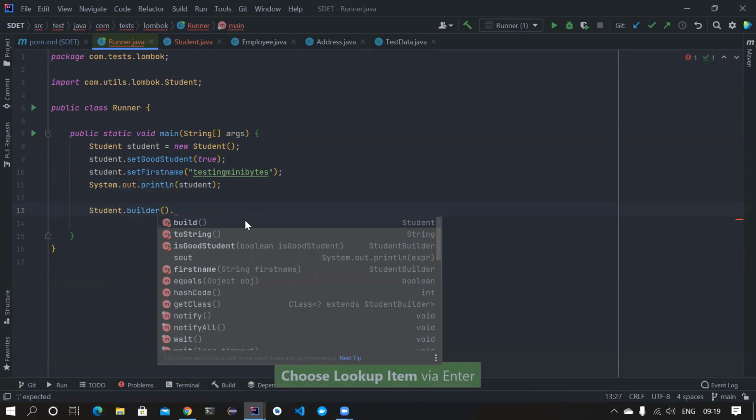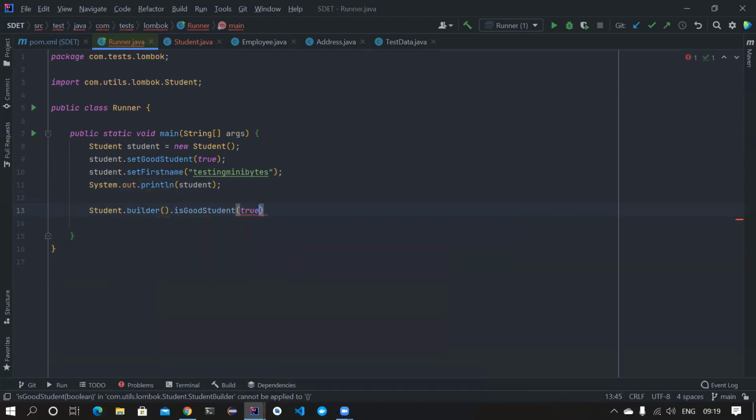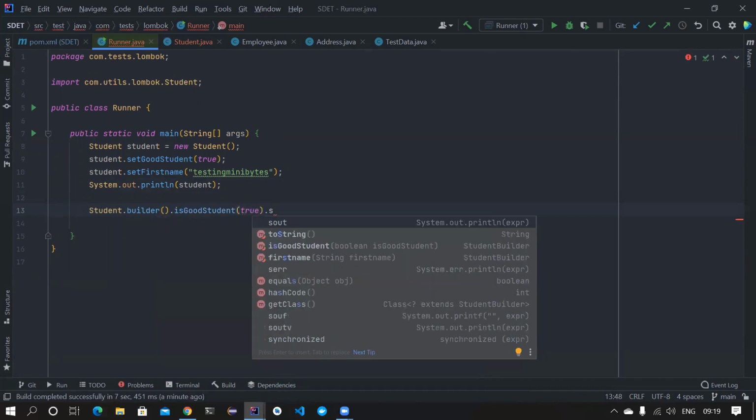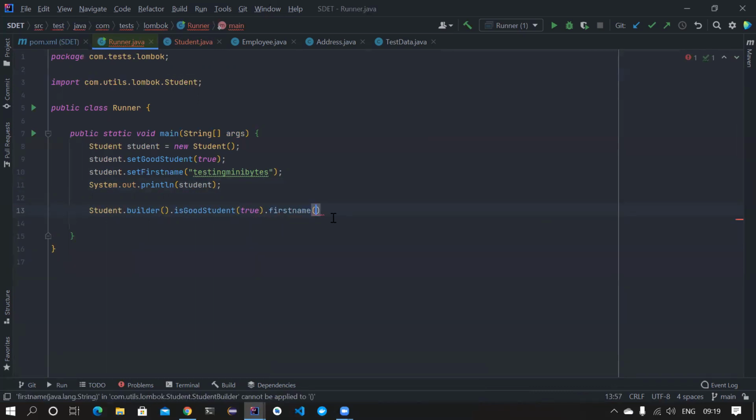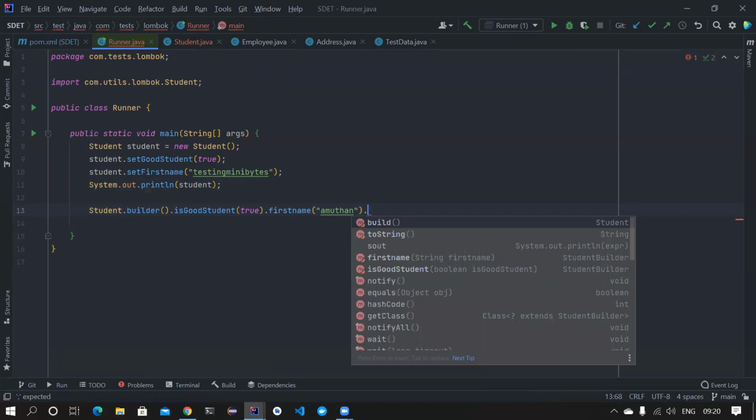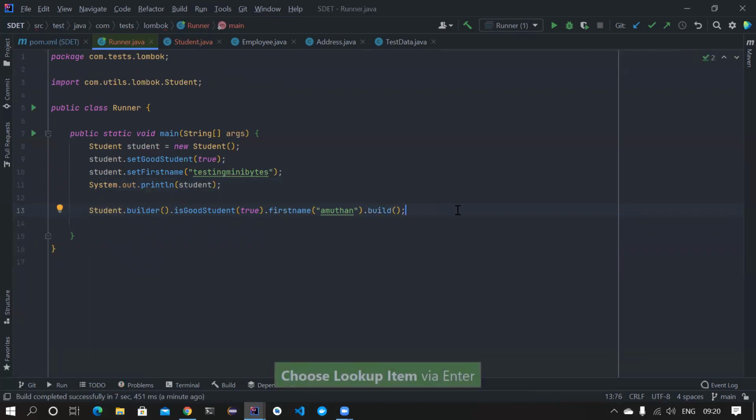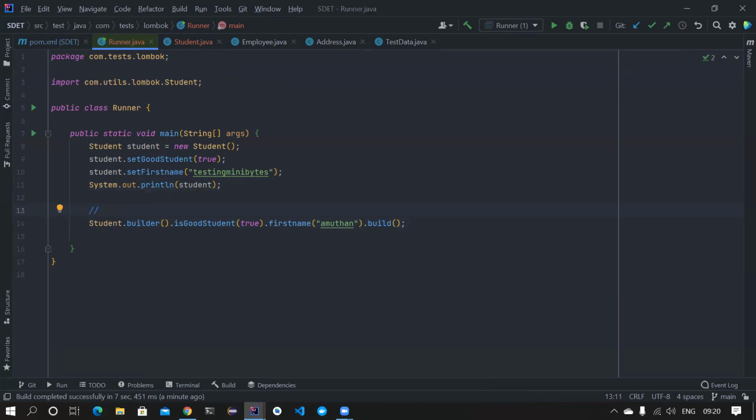You can use isGoodStudent, this is true, and setFirstName, basically you can pass your first name, whatever, right? And then you can call the build method, which builds the student object for you. This is done to provide immutability, and it also helps you avoid passing all the fields to constructors.